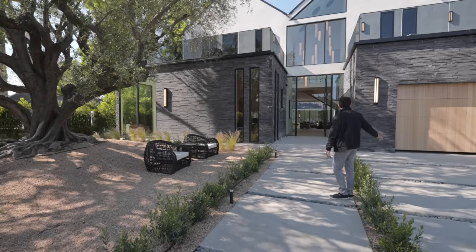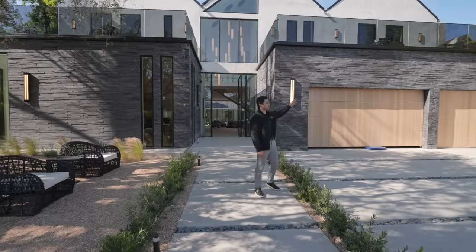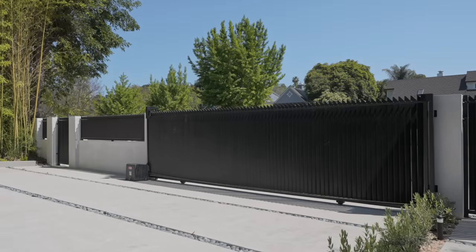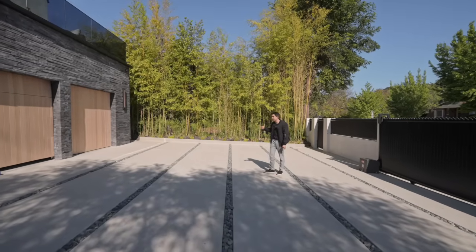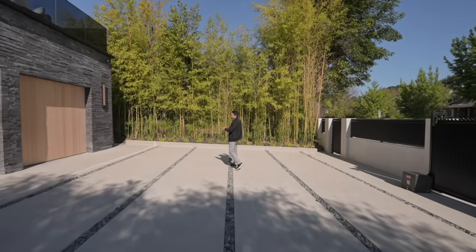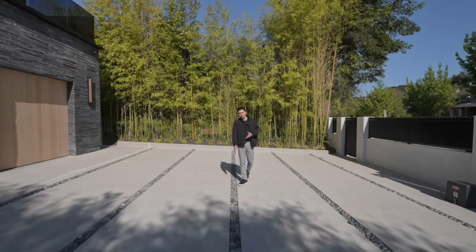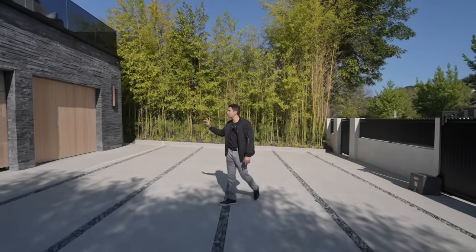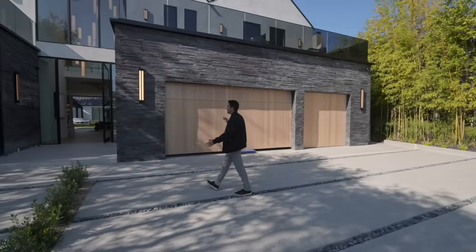Right side of the property, we have wood paneled garage doors. You have a 2-car door and then a 1-car garage door on the very right side. You have a motor gate here in the very center, and then there is a second pedestrian gate over on the far right side. We also see bamboo trees lining the entire right wing of the front of the property as well. And then down beneath me, it sticks with the same river rock detail mixed in with the large concrete slabs. Looking up at the exterior once again, several modern wall sconces and light fixtures, as you see,